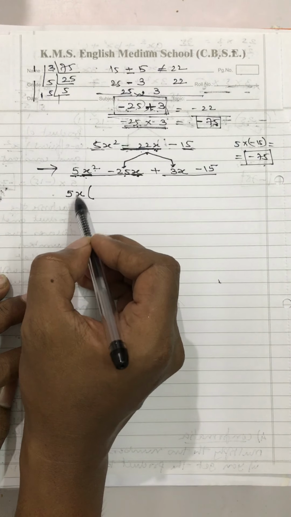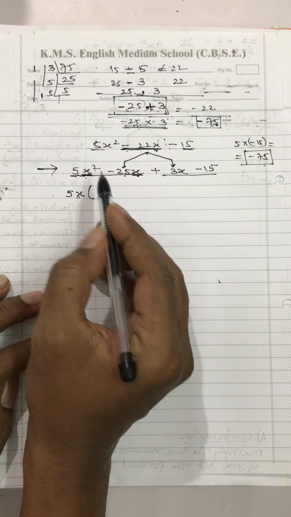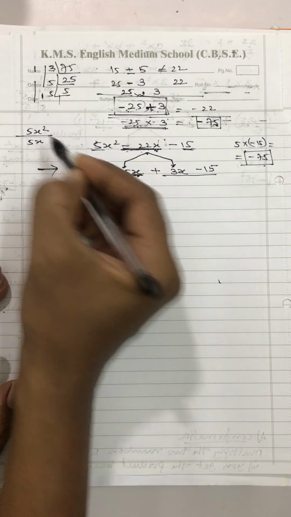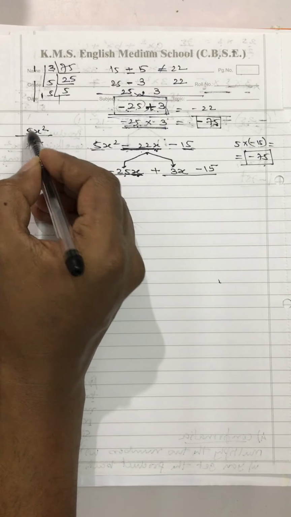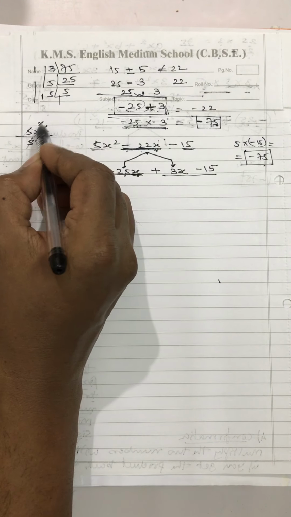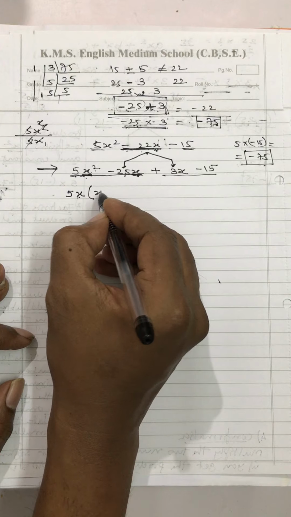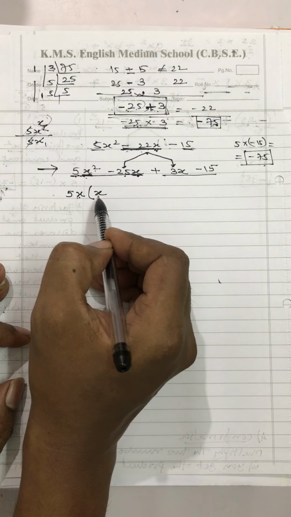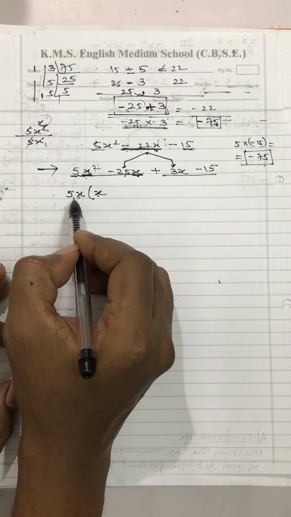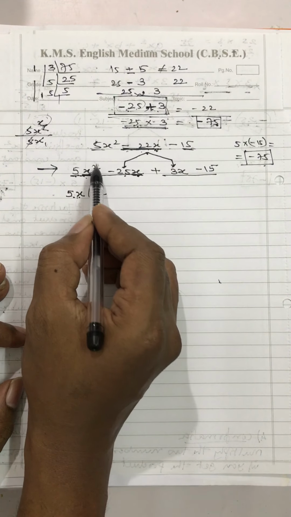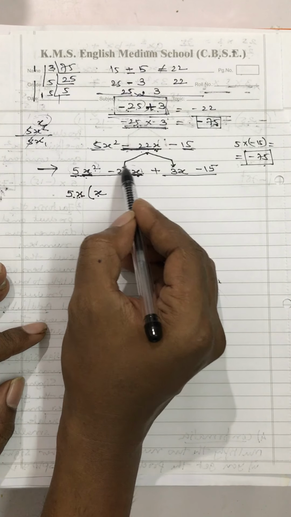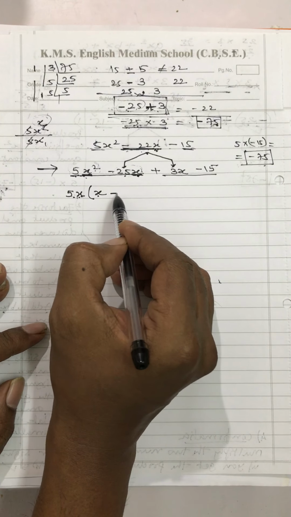Now what I will do, I will divide this 5x square by 5x. If I divide 5x square by 5x, 5 and 5 cancel, x and x cancel, from here 1 will remain. So inside what will stay is x. This will come inside. I have to divide this term by this 5x. Everything is simple. Don't worry. 5x square I will divide by 5x. Fine. Then I will divide this also, but this minus sign will come over here.